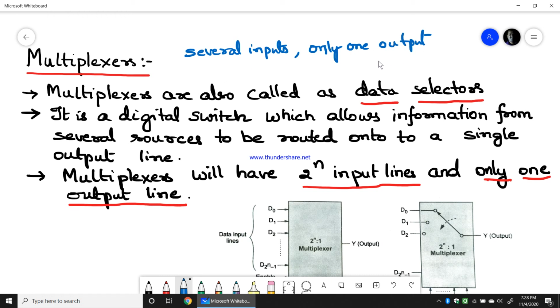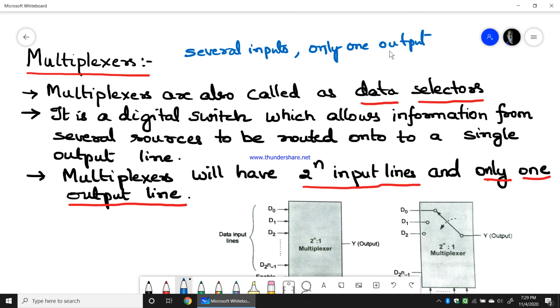What this multiplexer does is act as a digital switch which allows information from several sources, several inputs, to be routed onto a single output line.